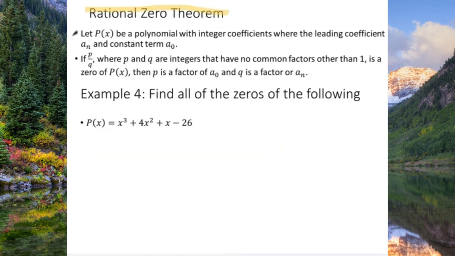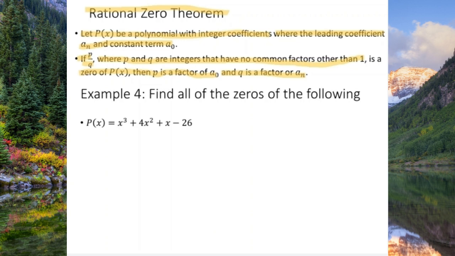In order for the rational zero theorem to work, p of x needs to be a polynomial with integer coefficients. And we're going to let the leading coefficient be a sub n and the constant term be a sub 0. If the number p over q, where p and q are integers that have no common factors other than 1, is a 0 of p of x, then p has to be a factor of a sub 0, our constant term, and q has to be a factor of a sub n, our leading coefficient. What this theorem allows us to do is narrow down possible candidates of a rational zero